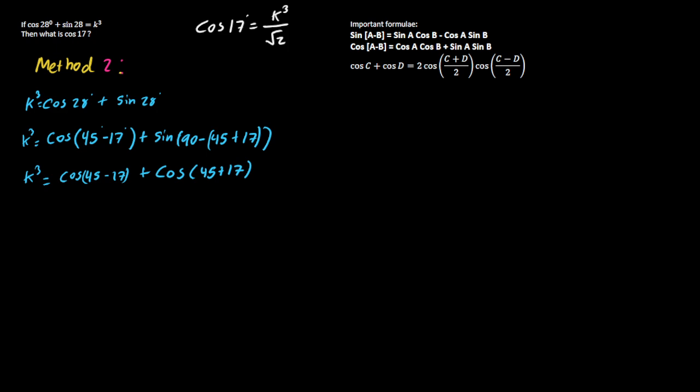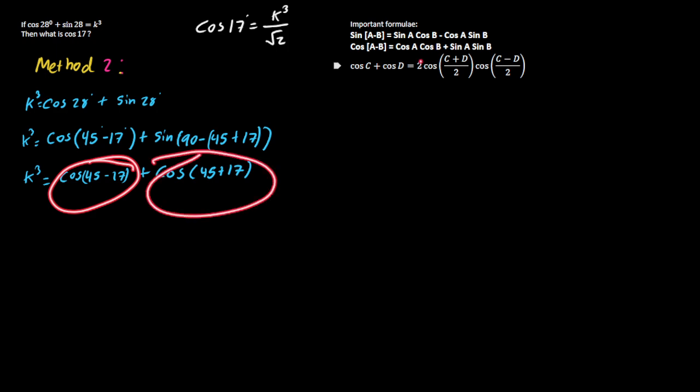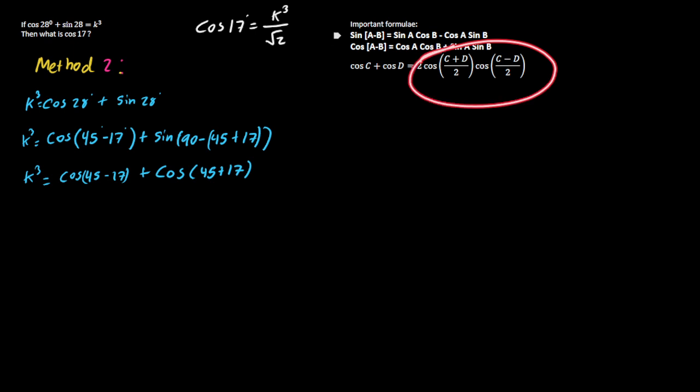So this is where we're at right now. All right, so now we have our cos C and our cos D. So we're just going to make it like this formula. So we can write that k cubed equals 2 cos